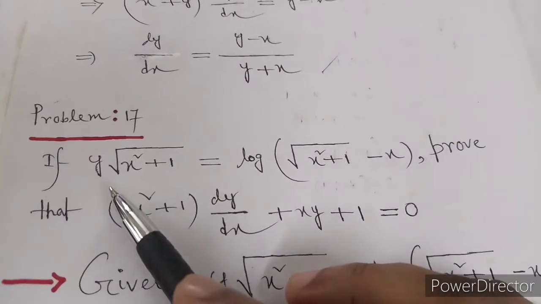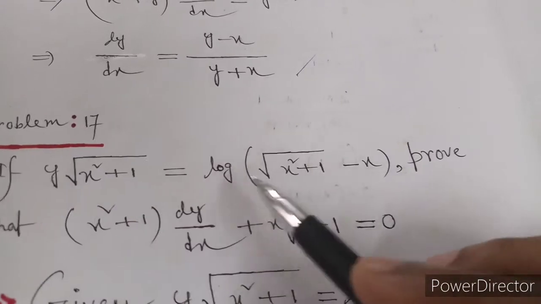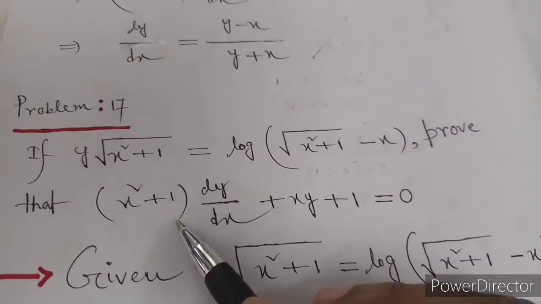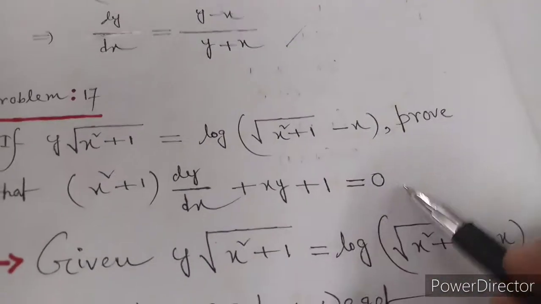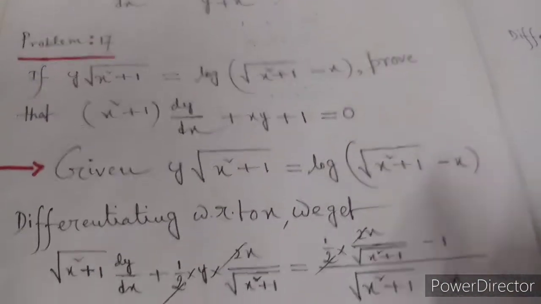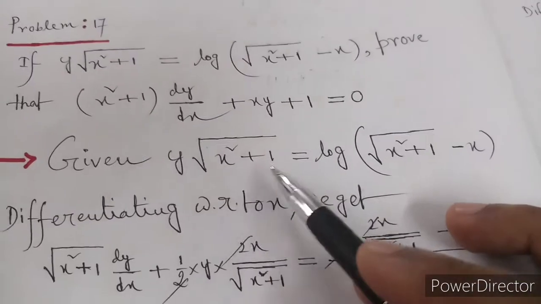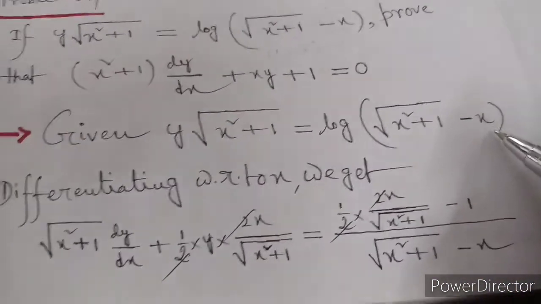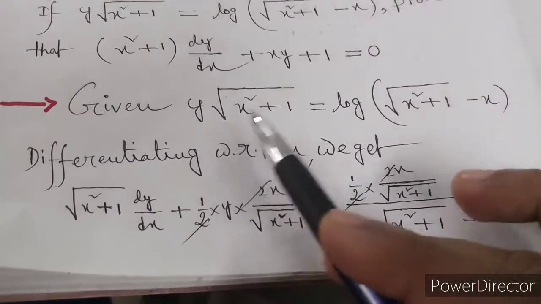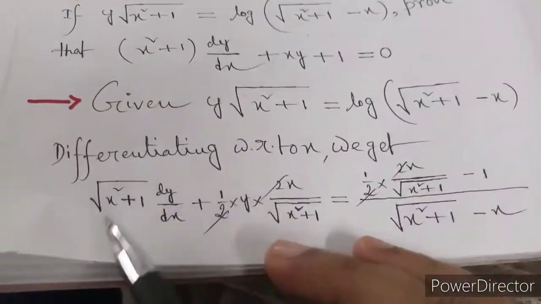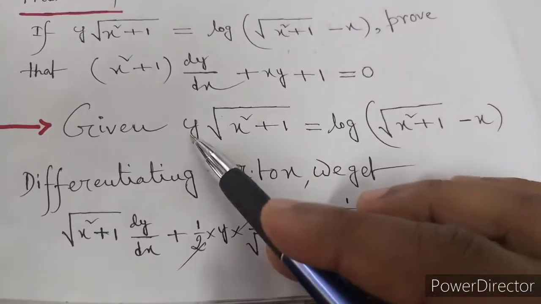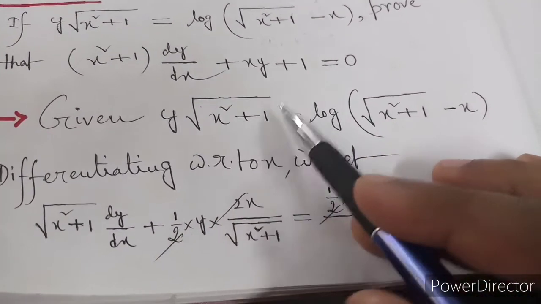So now next, problem number 17. If y into root under x square plus 1 equals log of root under x square plus 1 minus x, then prove that x square plus 1 into dy/dx plus xy plus 1 equals 0. How to solve it? So given y root under x square plus 1 equals log of root under x square plus 1 minus x. So now differentiating with respect to x, u by v rule. So root under x square plus 1 is constant, the derivative of y is dy/dx, plus y is constant, and the derivative of root under x square plus 1 is half of